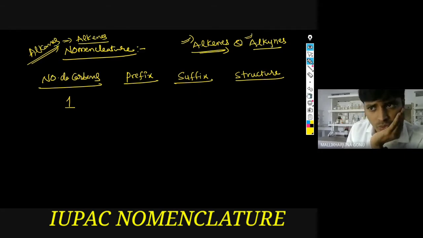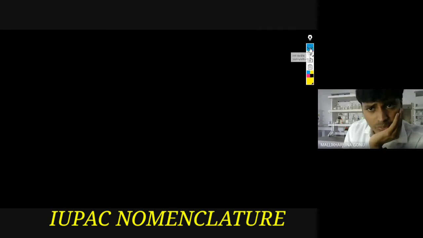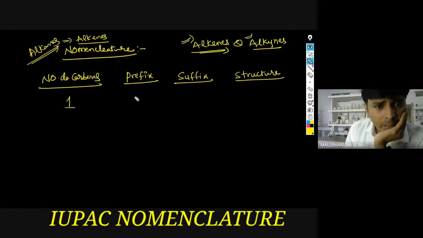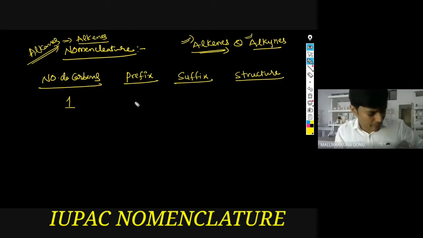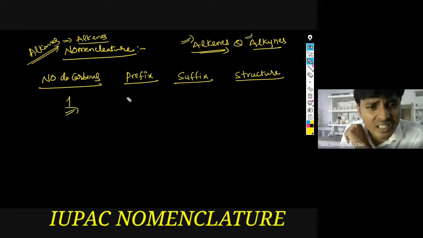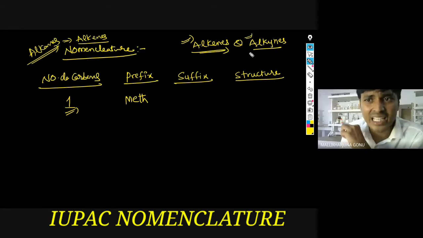Now we will see the names of these compounds. If the number of carbon is 1, are you able to hear me now, Roman? Yes, sir. All of you make this type of headings, then you can write. If number of carbon 1 is there, that name we call meth. Whether it is the alkane, the alkene, or the alkyne, if only 1 carbon is there, that is meth.